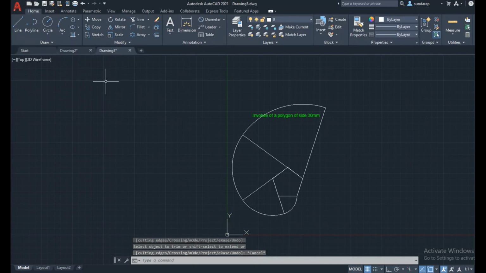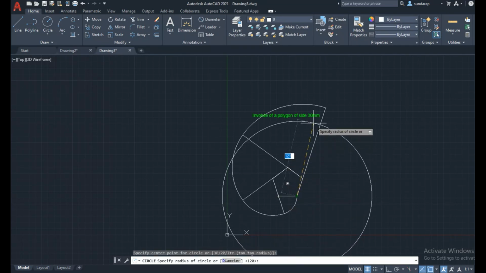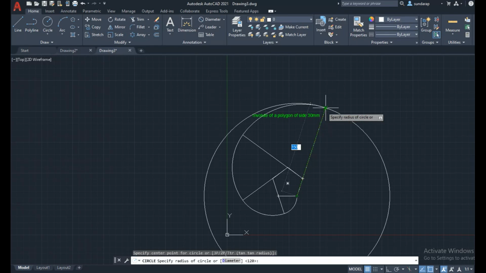Then next you can draw the circle from the center point. Here I started here, and I am going to end over here, for all 5 faces, with 150 radius. So 5 into 30 is 150.